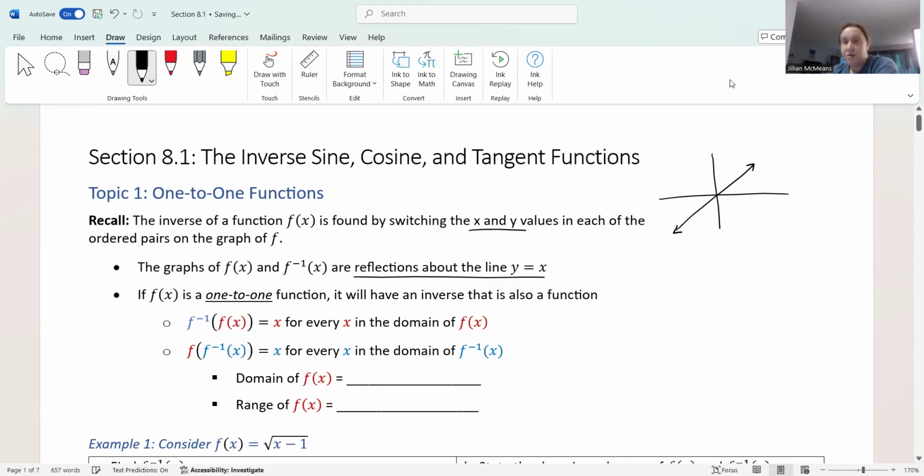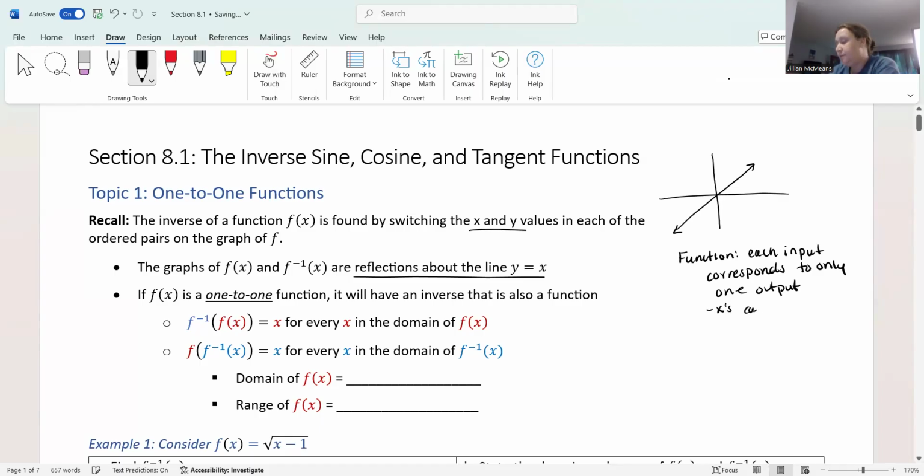Now, we have this extra condition that we have to worry about. We already know what a function is: a situation where each input corresponds to only one output. Essentially, what that meant in the most basic of terms is that x's